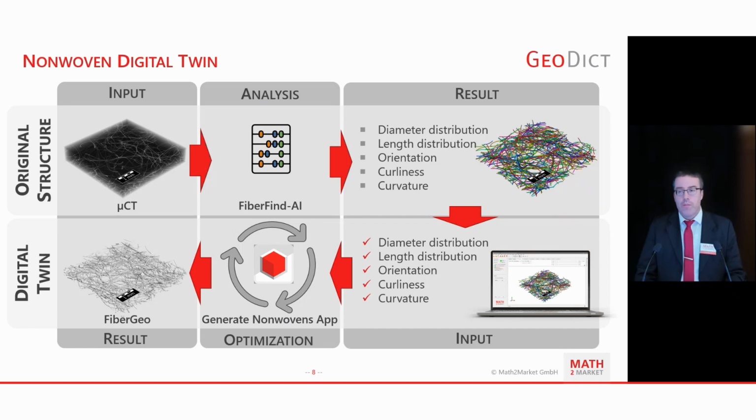But this is what I mentioned about hiding complex workflows behind a very simple UI. Here there is an optimization loop, an optimization routine, in the background. You don't need to handle that. You don't need to parameterize that. It just does its stuff. And then you get a nice digital twin out of that.